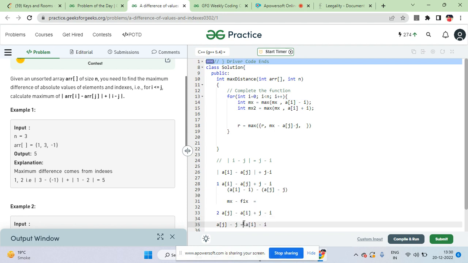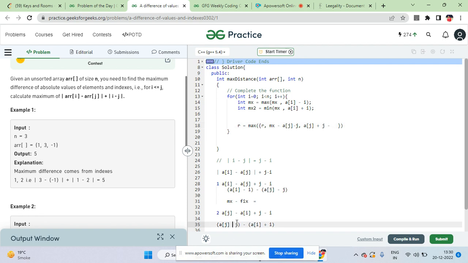अच्छा सॉरी, दिस इज माइनस यहाँ पे, बिकॉज फाइव भी आपका माइनस का है, और यहाँ पे दिस इज प्लस, ठीक है। नाउ आपको पुराने का मिनिमम स्टोर करके रखना पड़ेगा फॉर दिस, क्योंकि ये पॉजिटिव है, ए जे माइनस जे पॉजिटिव है, माइनस ऑफ ए आई आ गया ना, तो ए आई प्लस आई का आपको मिनिमम स्टोर करके रखना पड़ेगा, और इसको हम ए जे माइनस जे में से घटाएंगे, ठीक है। ए जे प्लस जे, सॉरी, प्लस जे माइनस में,